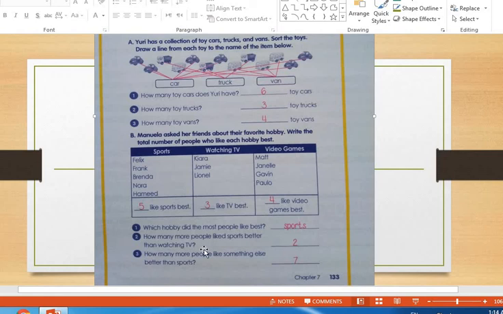2 people. How many more people like something else better than sports? So here I just do what? Here he says, how many more people like something else better than sports. I will add all the other activities rather than the sports. Here to add